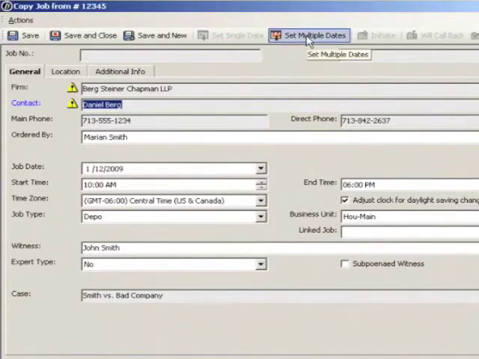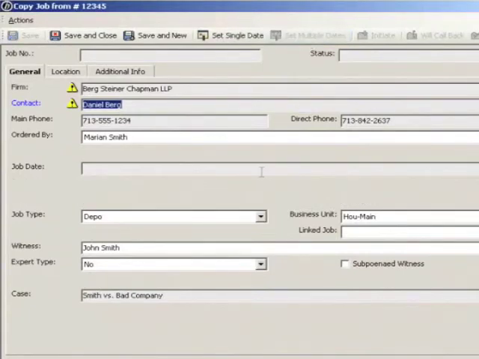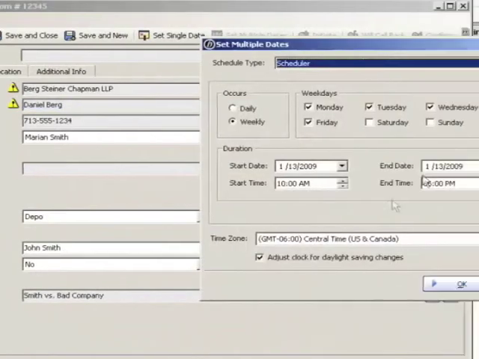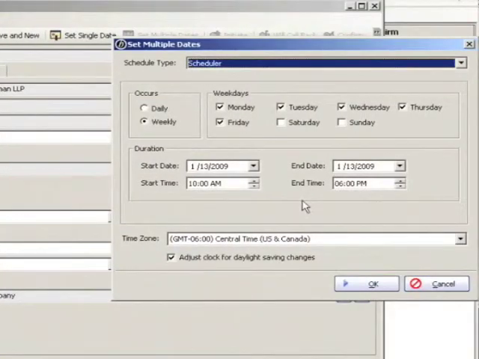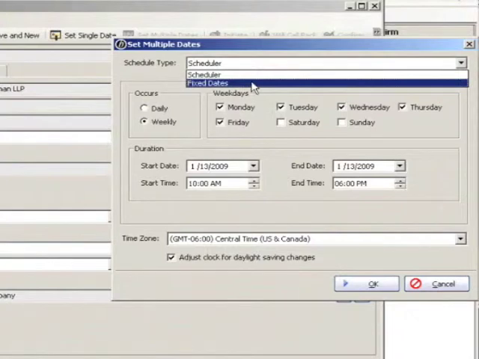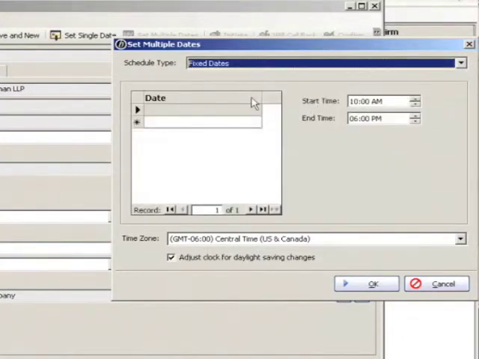Click this button at the top that says set multiple dates. And then job date, I'm going to look it up. You have one of two ways you can set up multiple jobs. For example, if you're going to court for court appearances or proceedings or trial presentation for weeks, then this scheduler will be perfect. You have a start date, you have an end date, and you have the days of the week. If not, then if somebody's giving you just a couple, 2-3 days, then go into the fixed dates mode